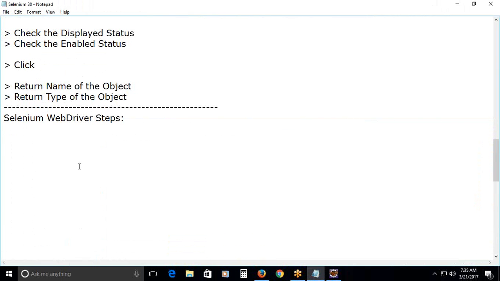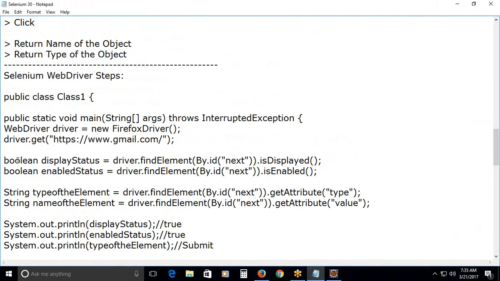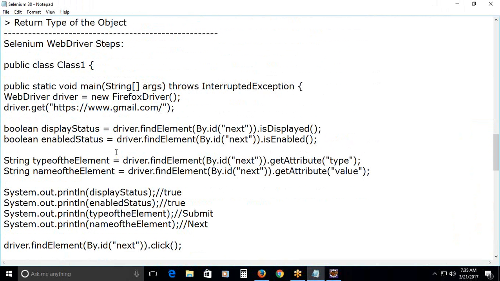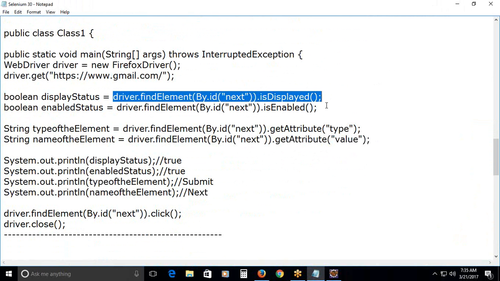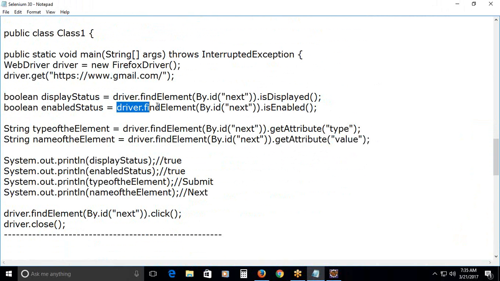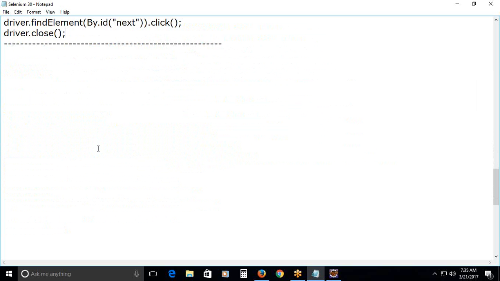I used the first syntax, Pavani, which means a complete statement. In every line you can find first identifying the element, then performing an operation on that element. Observe this last line: identifying the element, and click is the operation on that element. Instead of that, you try to use the second syntax, means create